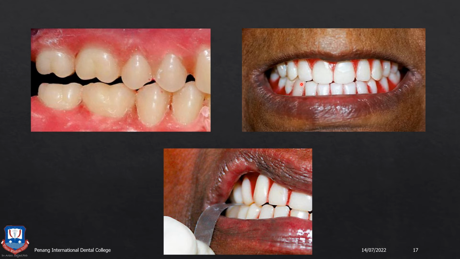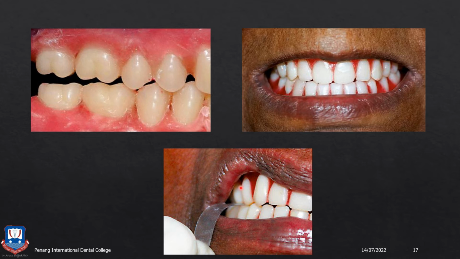So this needs to be corrected by taking a new intraocclusal record between the upper and lower teeth. In this case, when there's an open bite, you can put softened wax here between the teeth, and you take a record of that side, and then you re-articulate the upper and lower teeth setting with the models. But for this, you have to make sure that the record bases are stable. Otherwise, you will again keep getting errors.